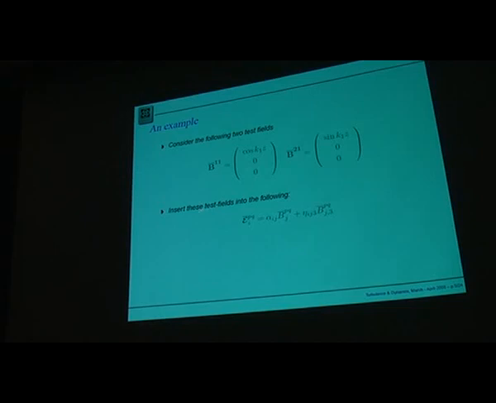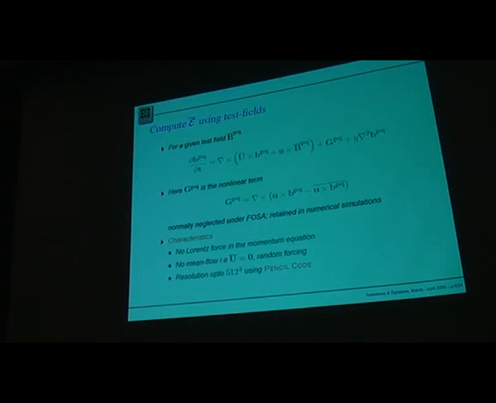So what we do now is we insert these test fields into the following relation, and you can actually go and find out that for each value of I, you will obtain independent matrix equations of this form. So here M is given by this, and it has a determinant of 1, so the inversion procedure is trivial and well defined. So given this form of the test field, we can now compute the mean EMF using the